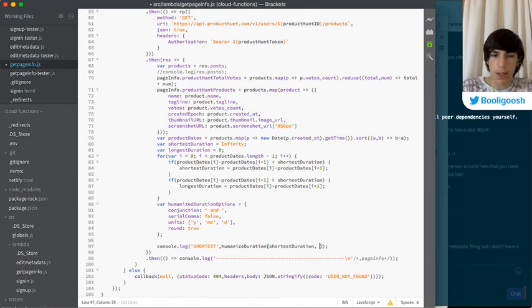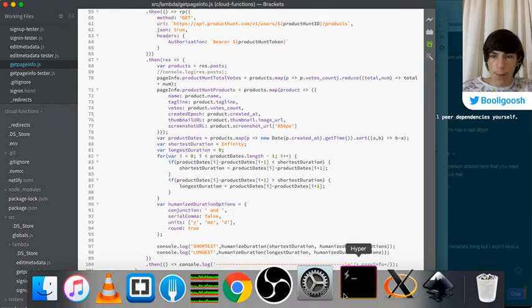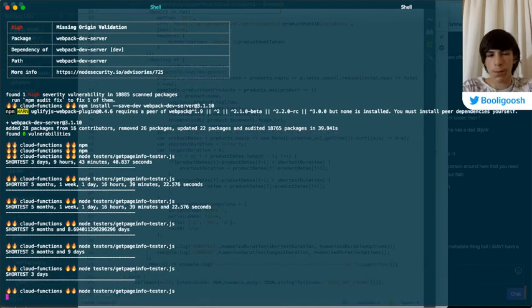Then here we can say humanized duration options, and then we can do the same for longest, except we'll say longest duration. Let's try this.